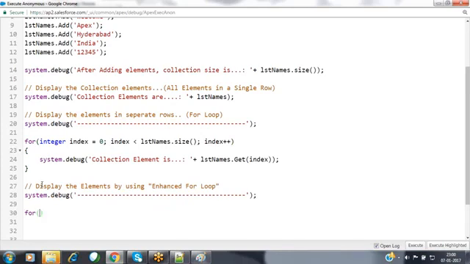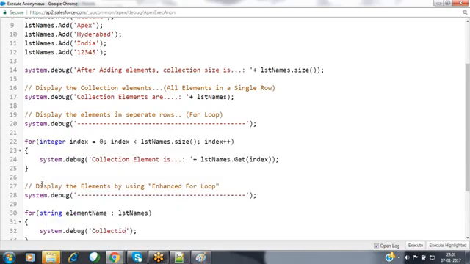For that, I'm using for each and every string value here, element, element name from the collection here. That is lstNames. We can display that element directly over here.